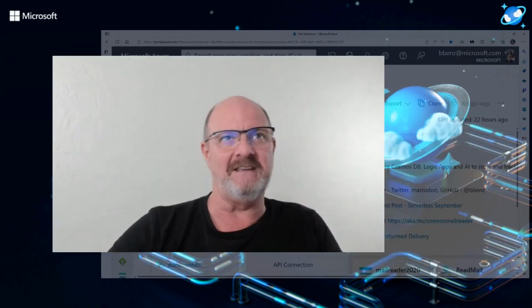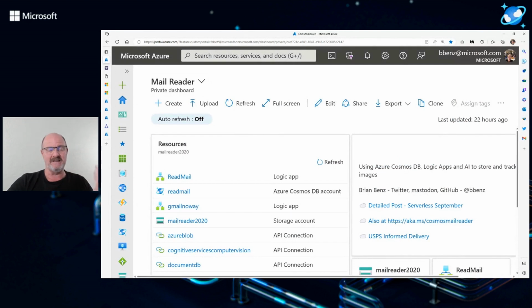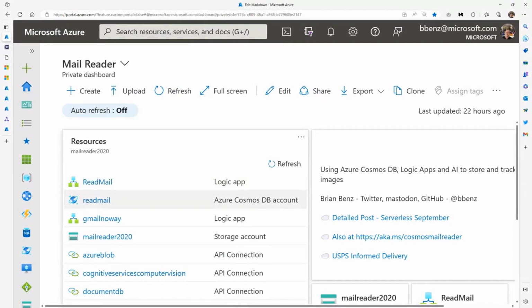The first thing is up here in the Azure portal. If you go to portal.azure.com, for those of you with an account, if you don't have an account, you can sign up for a free trial there. And this is essentially what I've done to build a demo today. I've got a Logic app and I've got a Cosmos DB account. I've also got a storage account and a bunch of API connections that I've built. And I'll show you why I did this and how as we go along here.